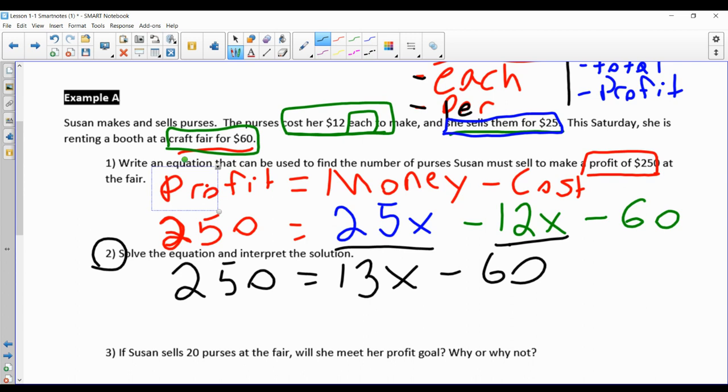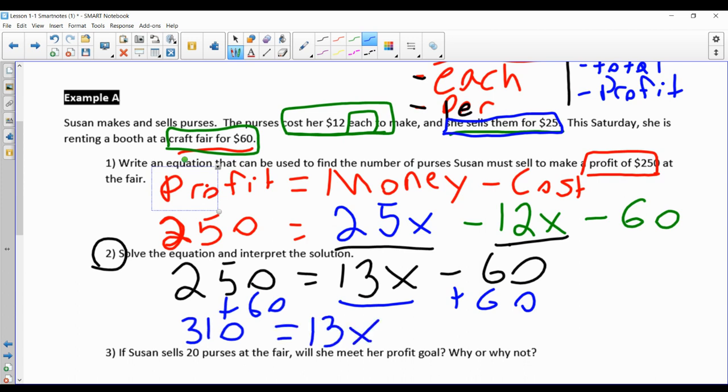Okay, they want us to solve and interpret the solution. So to solve this, now we have to actually build off our algebra skills. First step, we always got to try to get this x by itself. So we want to get this term by itself. To move the 60 over, we're going to do the opposite and add 60 to the other side. That would give us 310. 250 plus 60 is 310 equals 13x. Now for our last step,